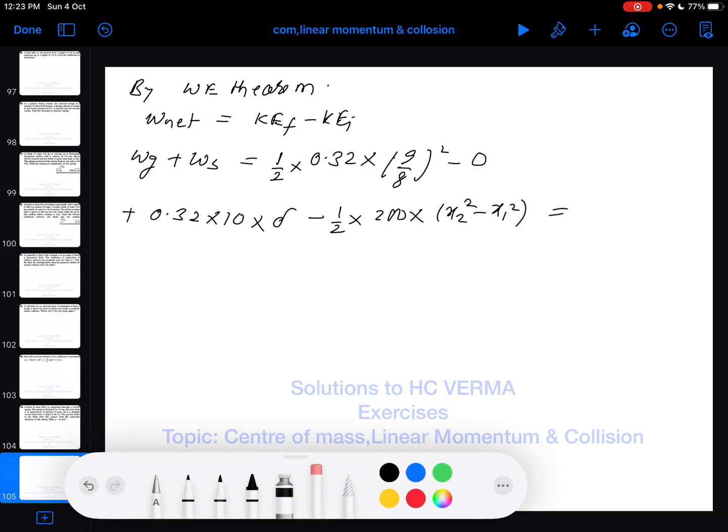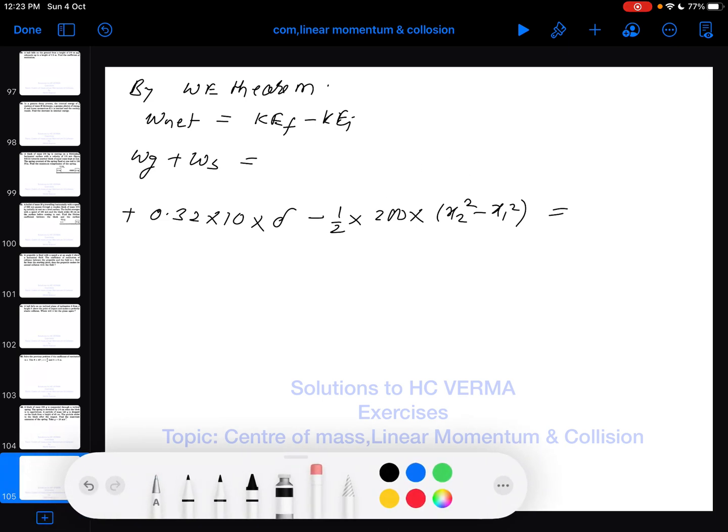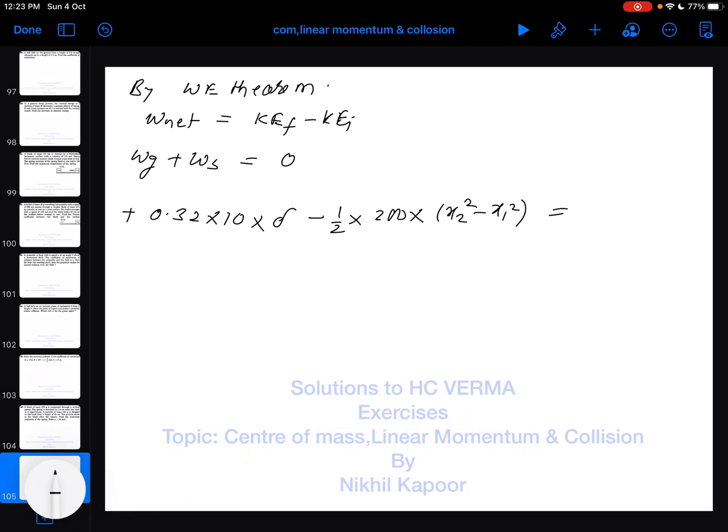I have made a mistake here, because the final kinetic energy of both the system together is at rest, that's why 0, and the initial kinetic energy is half m v square, that is the square of their common velocity. So that would be negative half into 0.32 into 9 9s are 81 and 8 8s are 64. Okay,